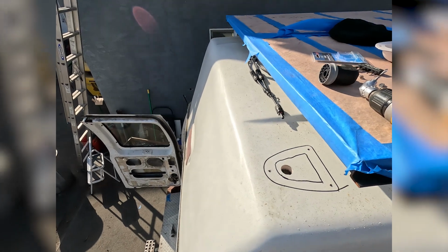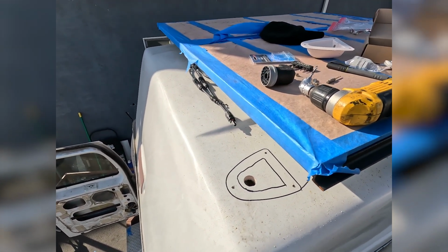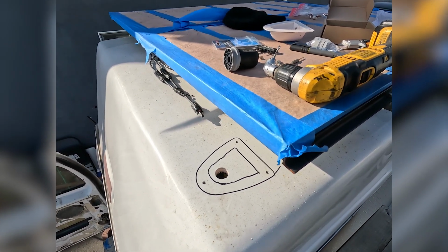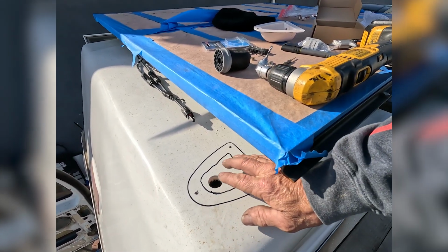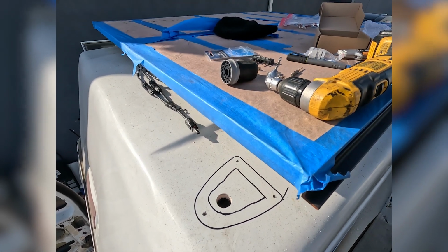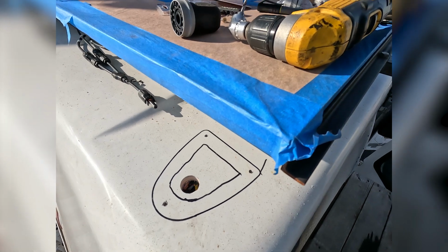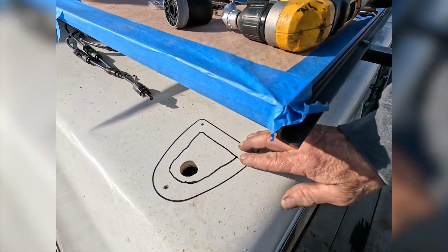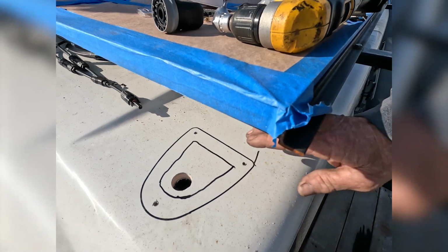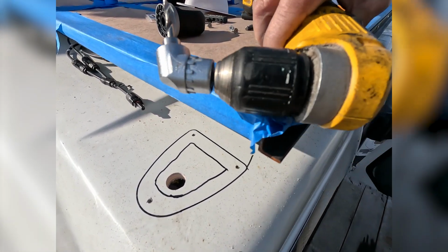So, planning ahead as much as possible, and it's not possible a lot of times when building your van, and you're going to go backwards and you're going to go forwards, but to get my penetration and my waterproof, whatever you want to call it right now, turned out to be a lot of work, because it's underneath here, and I only have so much clearance. So this little doodad on the drill,